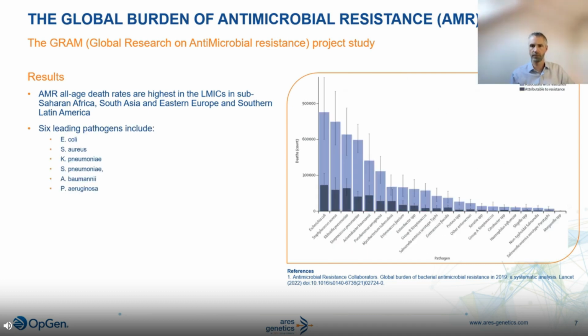As you can see in this chart, all 6 of the leading pathogens contributing to the burden of AMR in 2019 matched the ones previously identified as priority pathogens by the WHO. They include, in this order, Escherichia coli, Staphylococcus aureus, Klebsiella pneumoniae, Streptococcus pneumoniae, Acinetobacter baumannii,